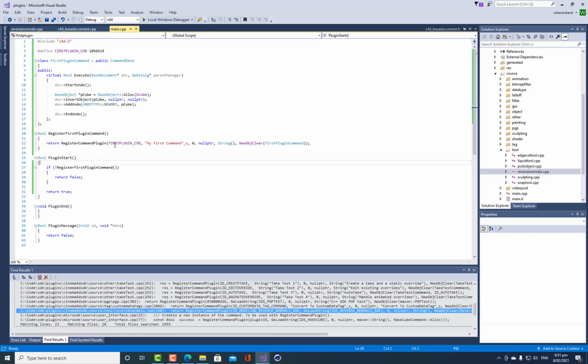Now, the instance that this might occur is as if someone else happens to have used that same number. That's why it's very important to get your own number from C4D Cafe. Because if you put in a number and it clashes with someone else, then this plugin is not going to get registered. It's going to return no. That's going to return false there. We're going to say no, and then by returning no there, it means that this whole plugin will not load,